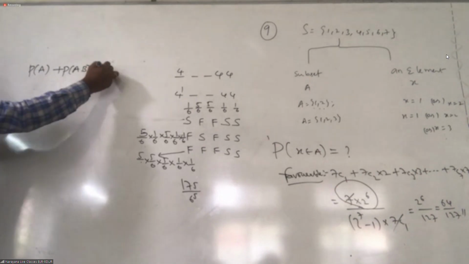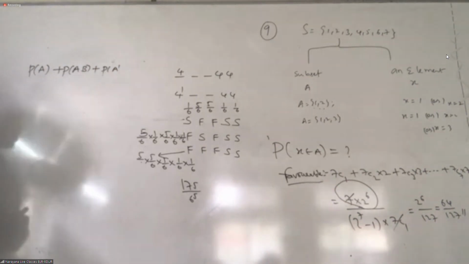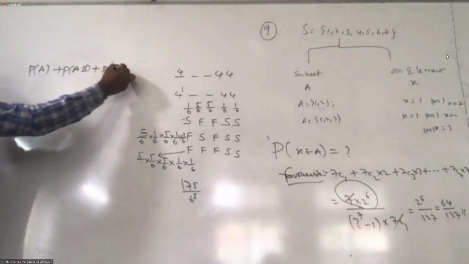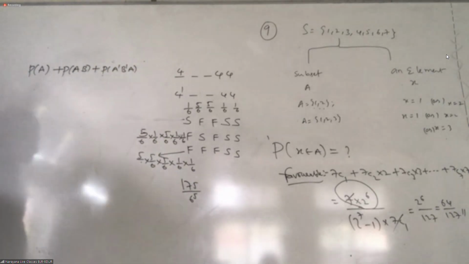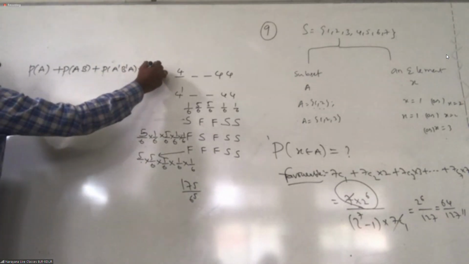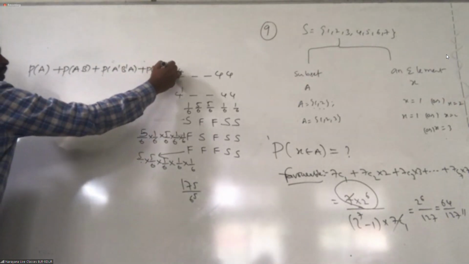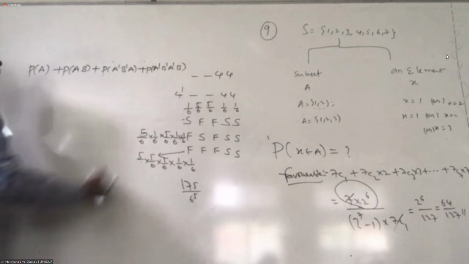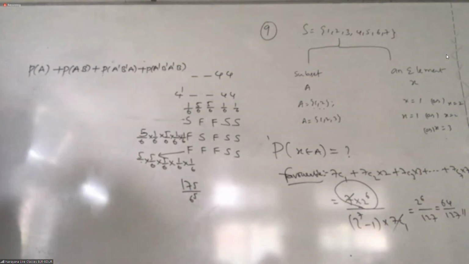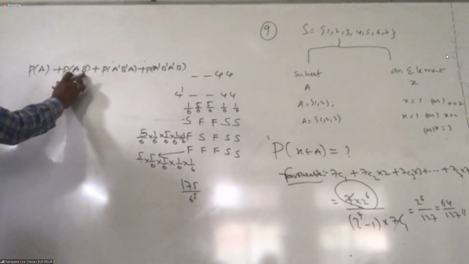Suppose A failed the first attempt, then the turn goes to B. B also failed, then the turn goes to A. Then if he wins, the game ends. Got it? Next, A tries, no win, B no win, then A, then B. We want A to win. The game ends if either of them wins. But we want A to win, correct? Okay, A to win.